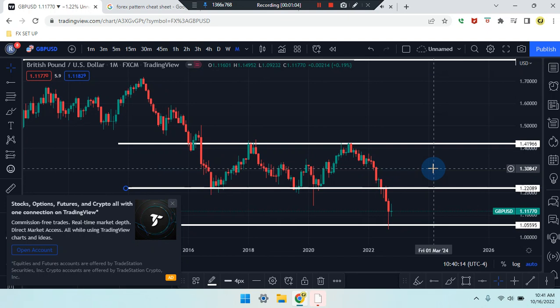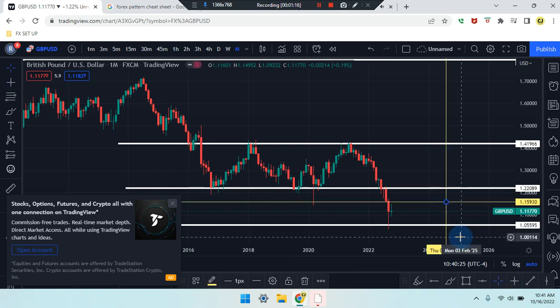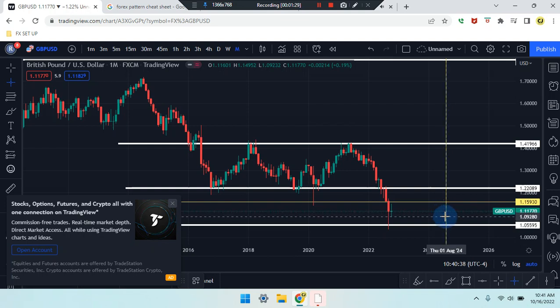So current price is sitting at 1.11770. So if price works its way up, it can head up to that second to last body of that candle, which would be at the numbers of 1.15930. And if price works its way down, it can head down to, so it's already between like a midpoint of that area. So just go a little bit down, so it's towards the bottom of the price action wick,